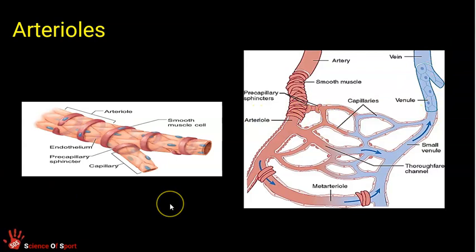So let's look more specifically at the structure of arterioles. Arterioles have only two of the three layers. They have the tunica intima, the inner endothelial layer. Remember, that is smooth to allow blood to flow easily through it. But they also have a tunica media, this smooth muscle, and you can see it looks wrapped around here. It's translated over here. Look, we've got the wrapped around smooth muscle,